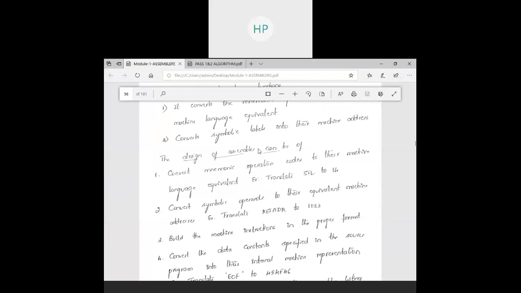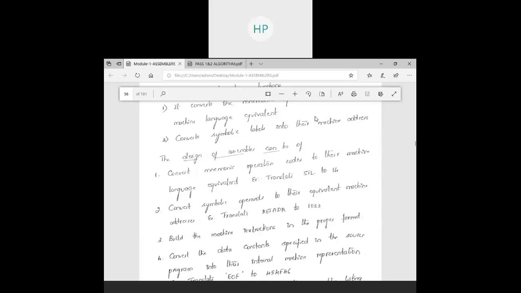What are the operations it has to do? It will convert the mnemonic opcodes to their machine language. So for LOAD A, my machine code is 00. How do you write it in MUP? If you have to press the enter key, you say 10H. I hope I'm right. I don't remember the code. For the enter key or read from the keyboard, you have some code. I hope you agree with me.